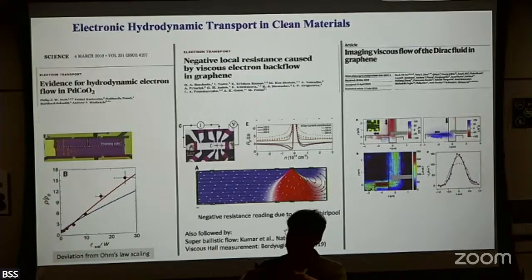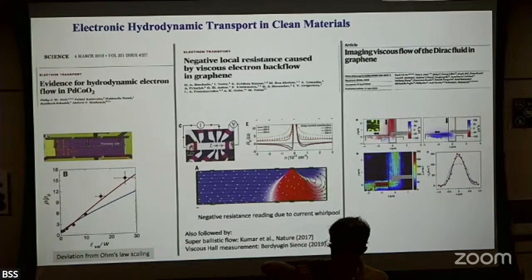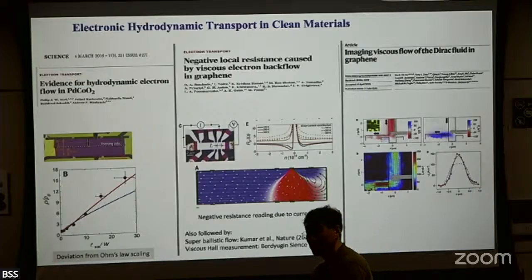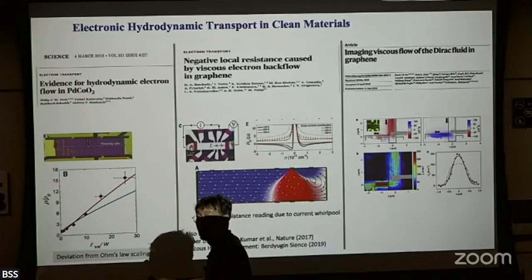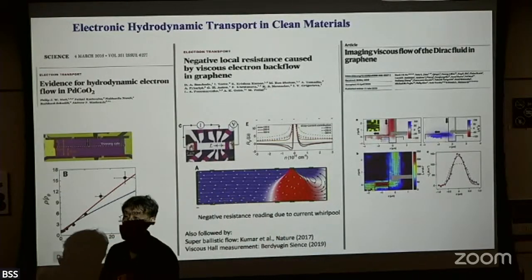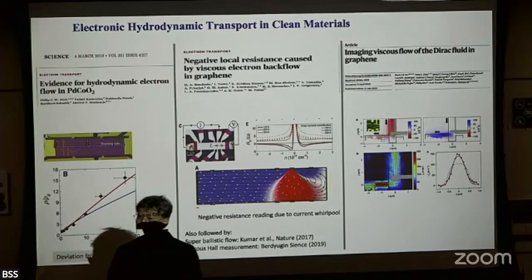Another exciting thing there is applying a magnetic field so that the current starts bending around. But with hydrodynamics, especially when the length scale is comparable to the radius of curvature of the Corbino device, the hydrodynamic effect becomes important. It appears both in electrical conductance measurements as well as in thermal transport measurements.